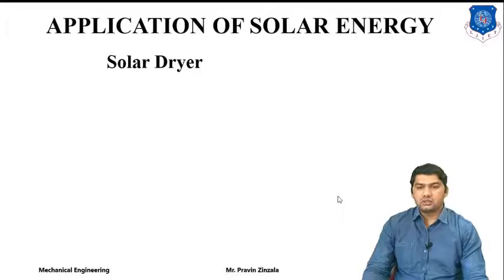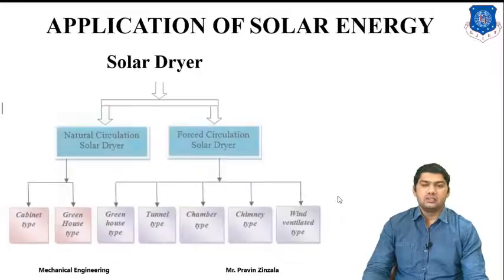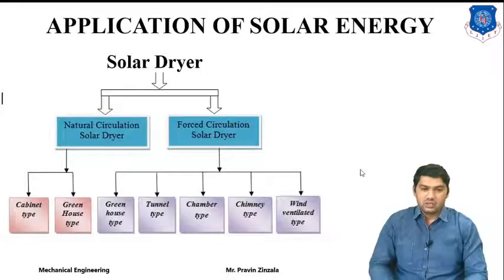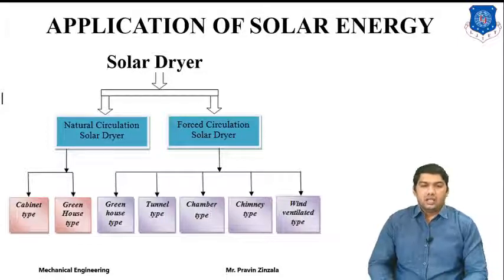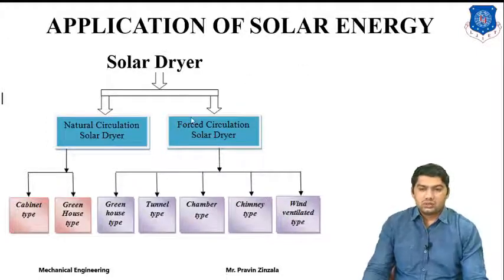Next application is the solar dryer, a device used to dry products. Conventionally we also utilize solar energy for drying, like our cloth drying, so we are utilizing the solar radiation. It is also applied in agriculture and the dry fruit industry. In agriculture it is also utilized to dry the product. So the solar dryer is